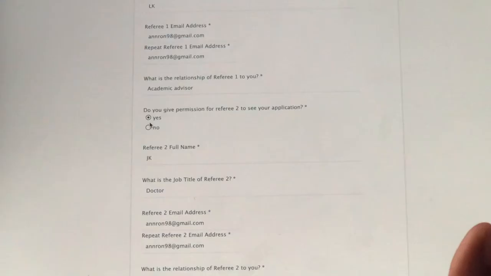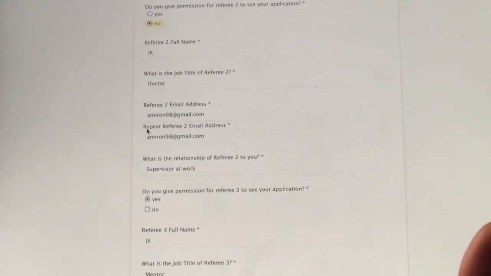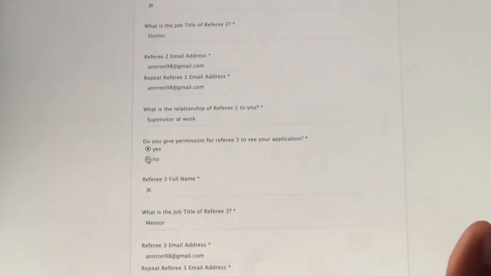But the main reason why I said no is I don't want to overwhelm my referees, because they are already helping me to write references. So they might be tempted to look through the application, and they'll be like, oh, Annette, there is a mistake here. It's not a bad thing, but giving them as little to do as possible so they finish the reference and also do other work is really important. Professors are extremely busy, so I try to be like, no, it's fine.